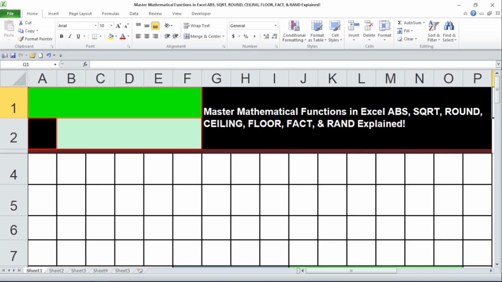Today, we're diving deep into some powerful Excel functions: ABS, SQRT, round, ceiling, floor, fact, and RAND. Remember that time you struggled with a complex calculation? Well, these functions can simplify your life and save you countless hours. By the end of this video, you'll be a master of these functions and how to use them to solve